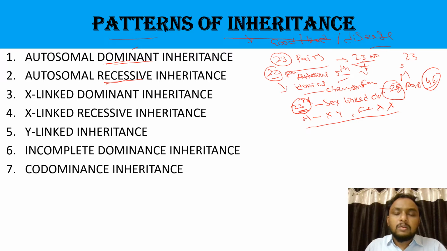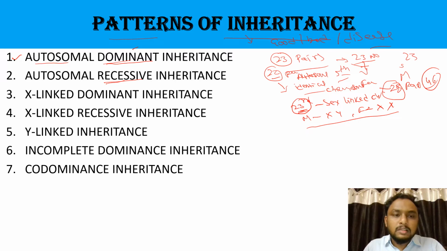If the father has no diabetes and only the mother has it, and the baby still has it, it means dominant again. And if one has it and the other does not, and the baby does not have it, then it means recessive. That is called recessive and dominant. So we will see one by one. What is autosomal? Autosomal dominant.